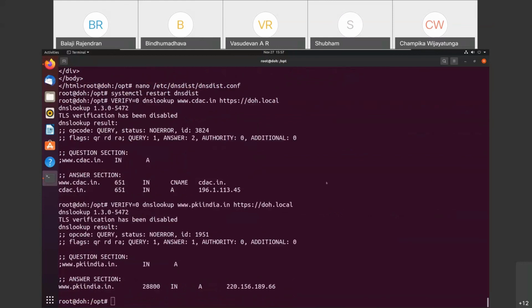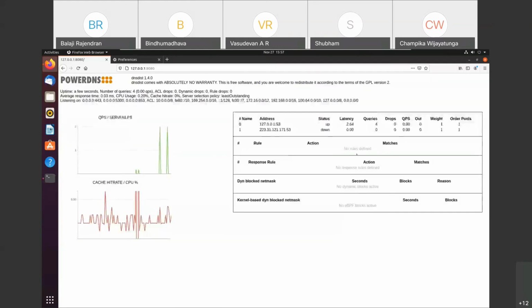You can see that the queries will start increasing. The second server is currently not accessible. I think I have written the wrong IP, but of course you can give any IP. You can give even 8.8.8.8, and it will start sending queries to that. So that's all from my side on DoH and DoT configuration and demonstration.